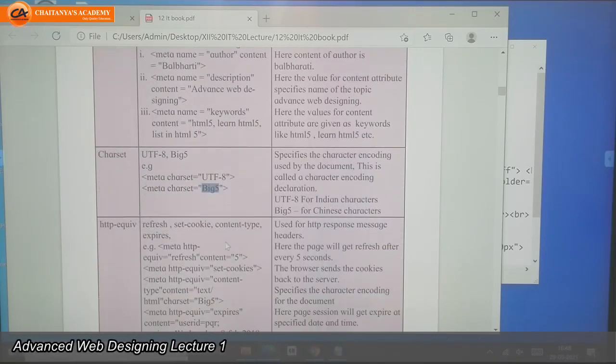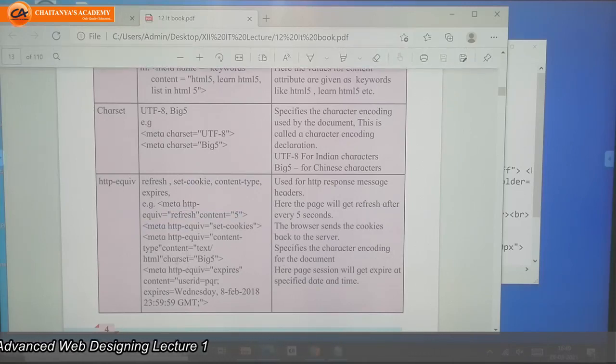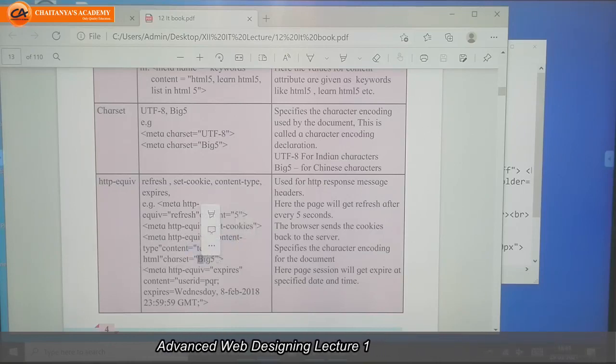Next, HTTP equivalent. It will have these values. If you want to refresh your page after 5 seconds, you can write HTTP equivalent refresh, content equal to 5. If you want to send cookies back to the server, HTTP equivalent set-cookie. If you want to give information about character encoding, which type of file it is, then you can write HTTP equivalent content-type, content text/html, charset.